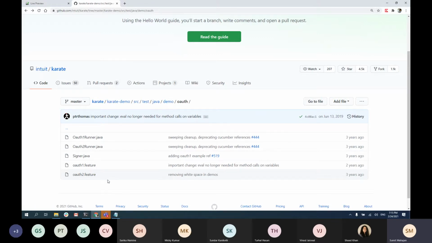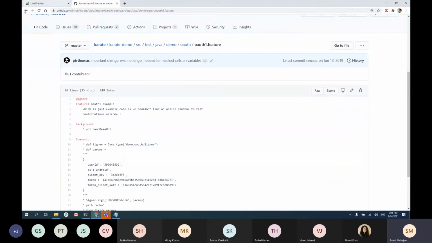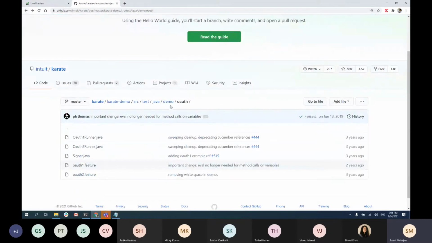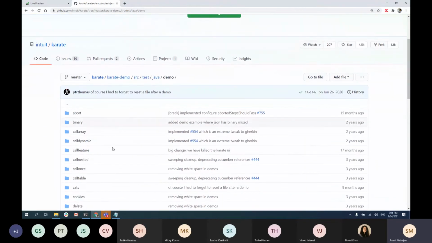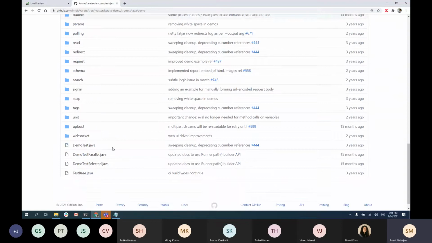Or if you want to implement your own features, you can use these as a base to create your own structure and your own test, right?